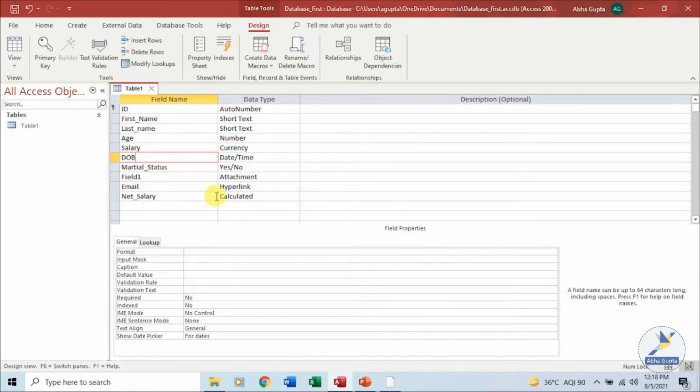This is your field entry pane where you can add new fields in your design view, and this is your field property pane where all the rules, all the properties for this particular field can be specified, whether I want this to be entered or not, whether it is required, it is compulsory, no duplication, any default value you want to put in that particular field, that can be done from this field property pane.